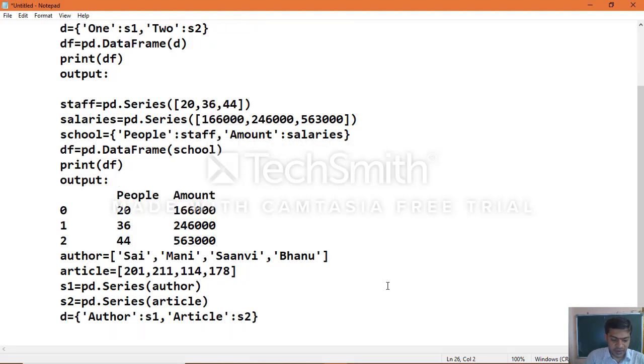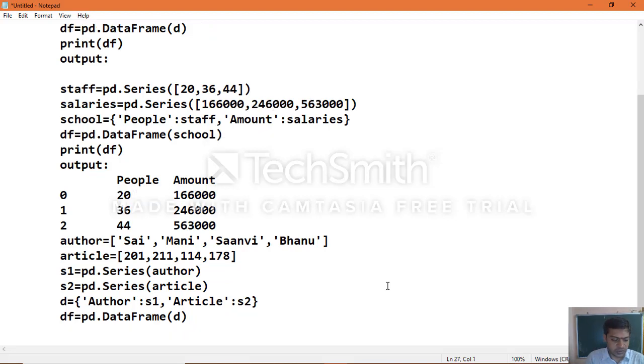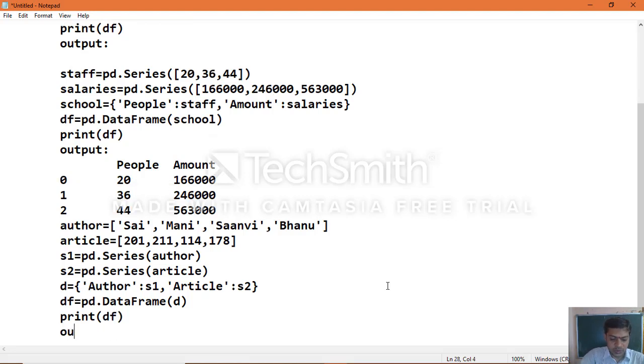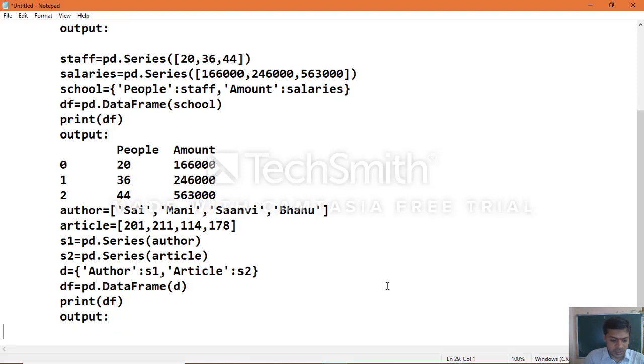Now create the data frame, df equal to pd dot DataFrame of d. Once you print this object, print df, you will see the output. Here author and article are the column names.